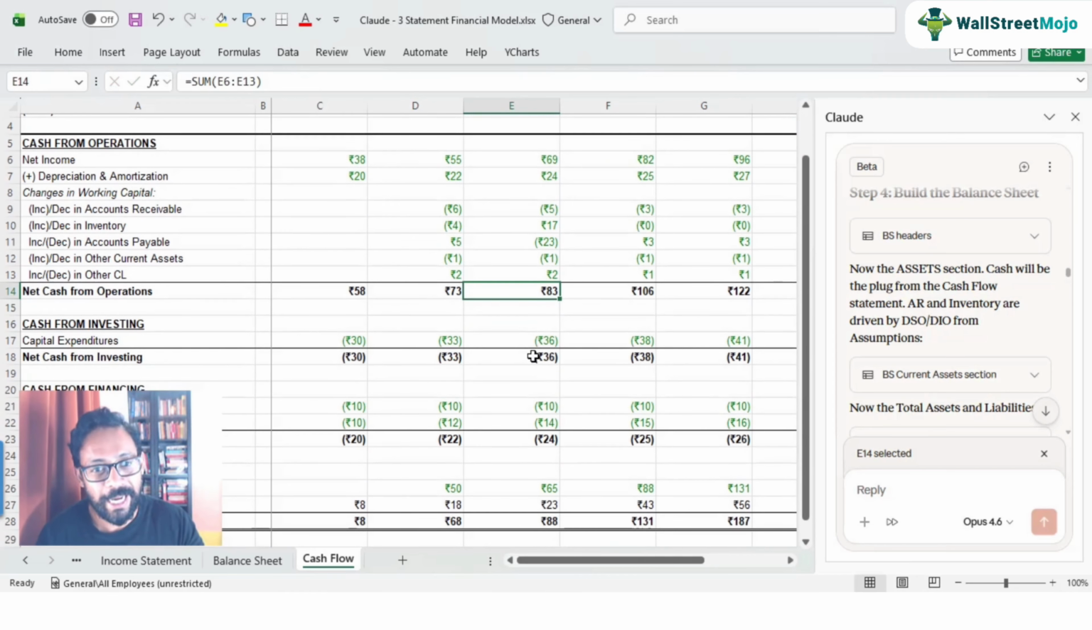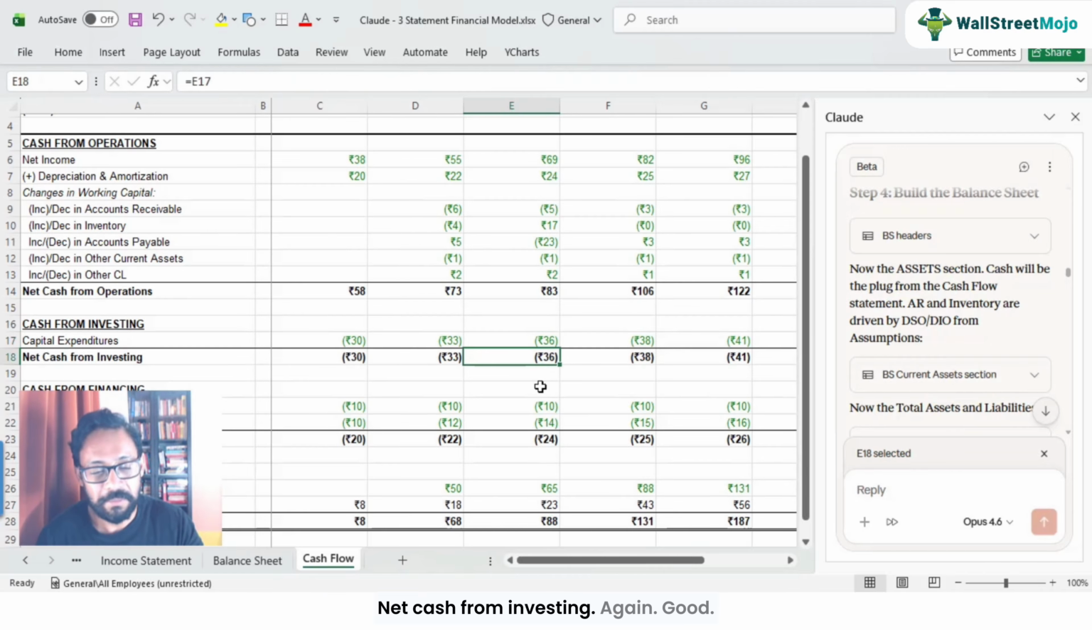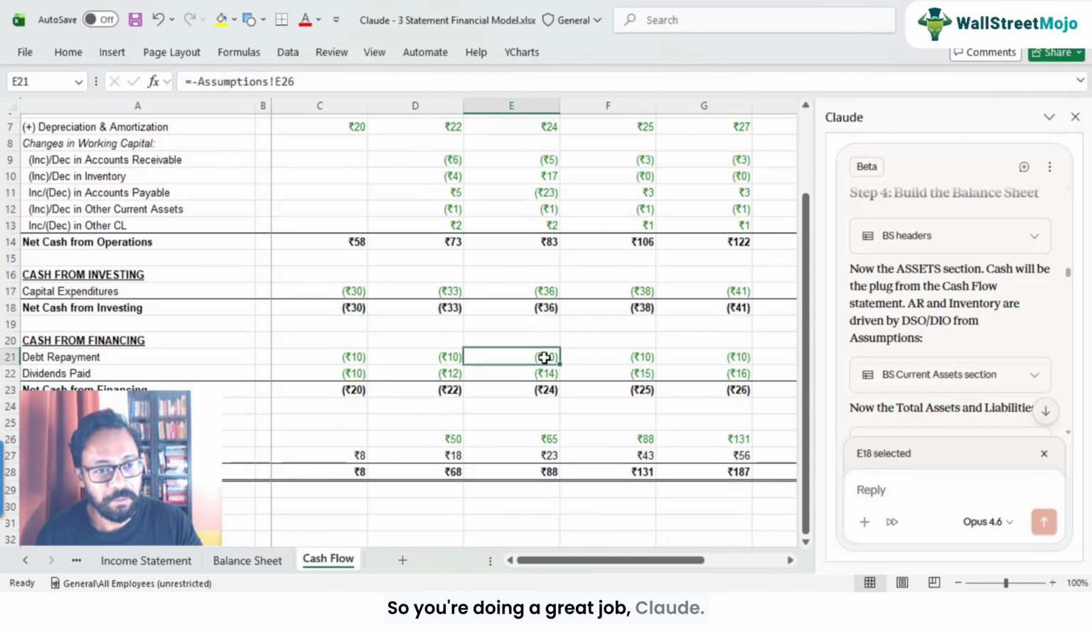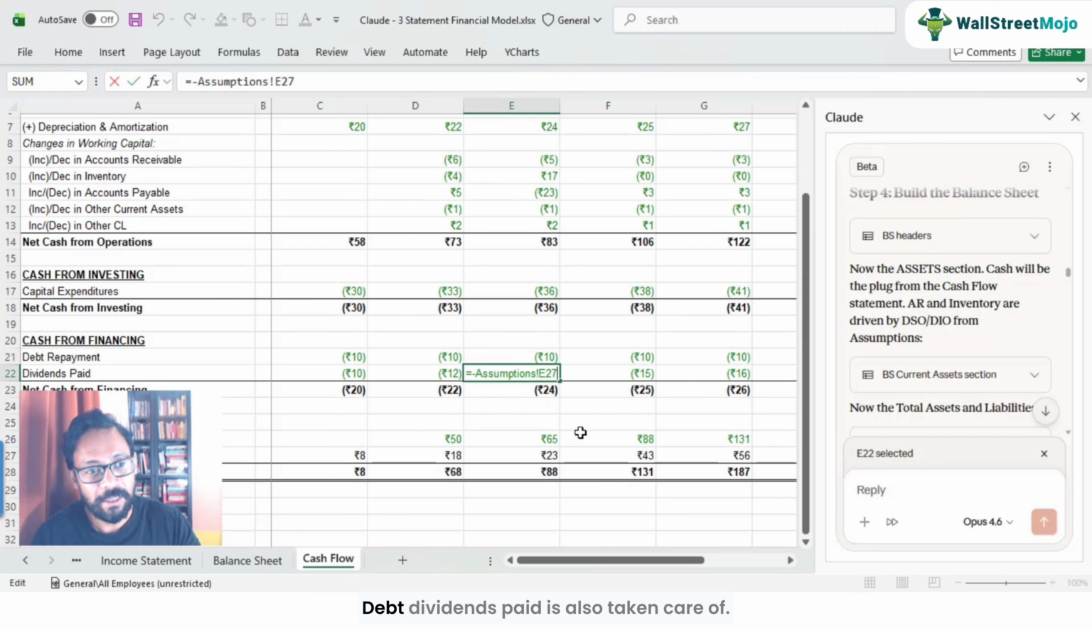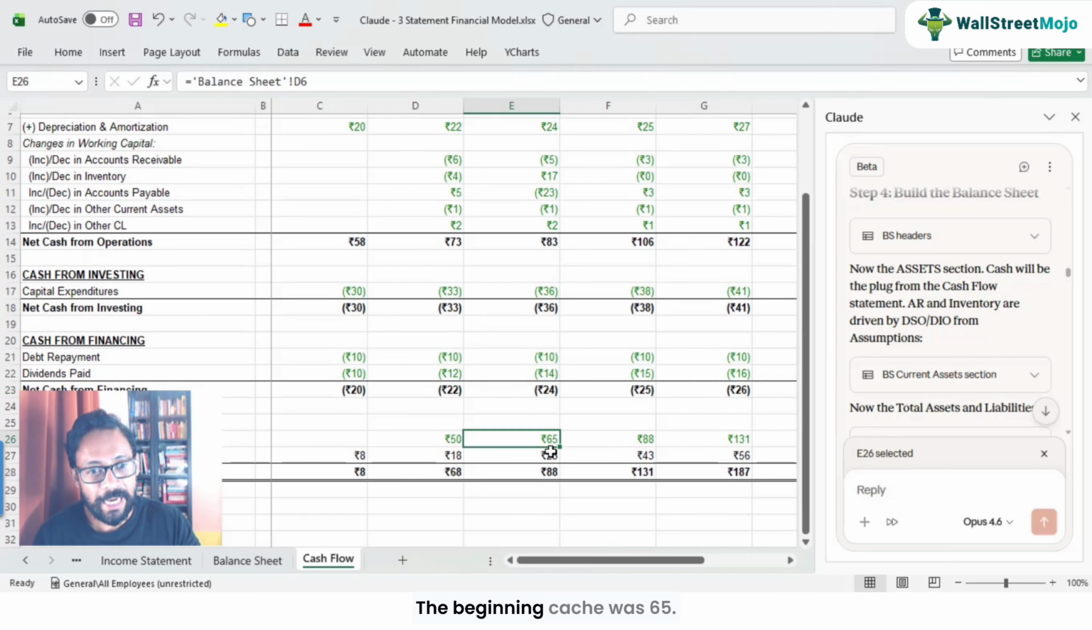So far, so good. Capital expenditure is a straightforward aspect, right? Net cash from investing. Again, good. So you're doing a great job, Claude. Debt repayment was given as an assumption. Fine. Dividends paid is also taken care of. So we have this net cash from financing activities. I think this is also fine. The beginning cash was